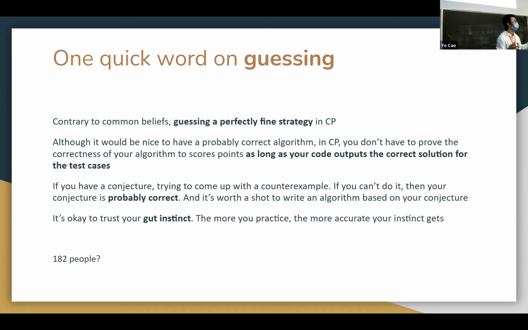And I looked at their solutions. Most of the students came up with the correct conjecture, which is that when you sort the numbers, you pair the smallest with the largest, the second smallest with the second largest. Although they are not able to prove it, their conjecture is correct. So, for a CS class, you have to prove that in order to get credit. In competitive programming, no, right?